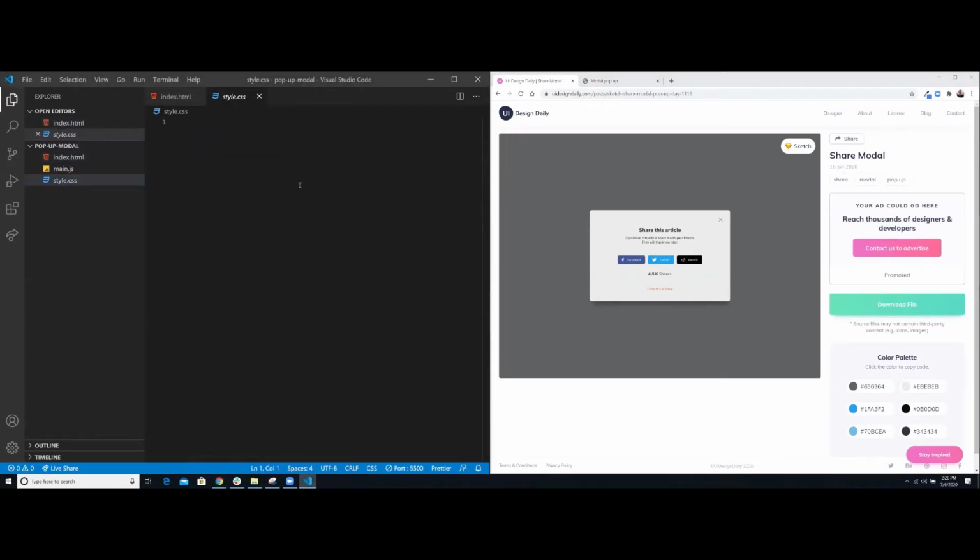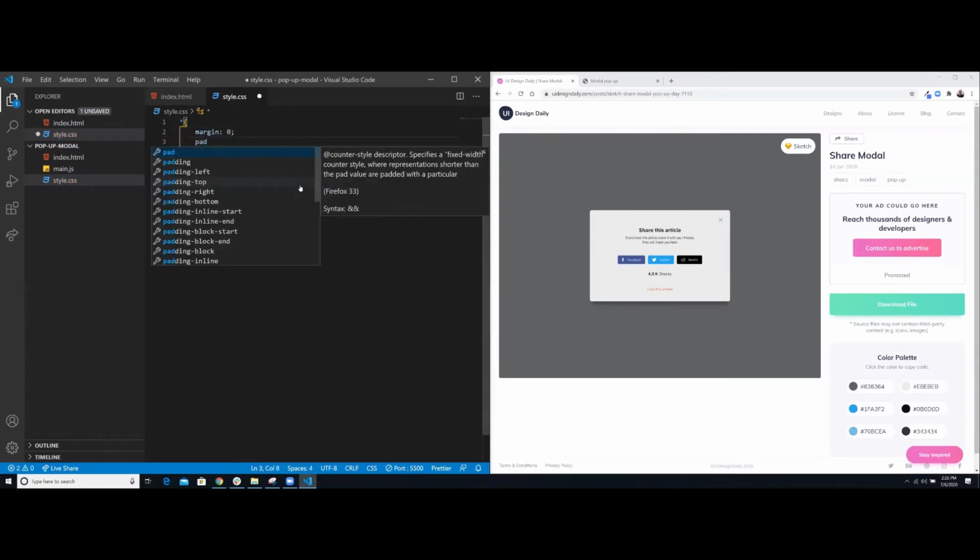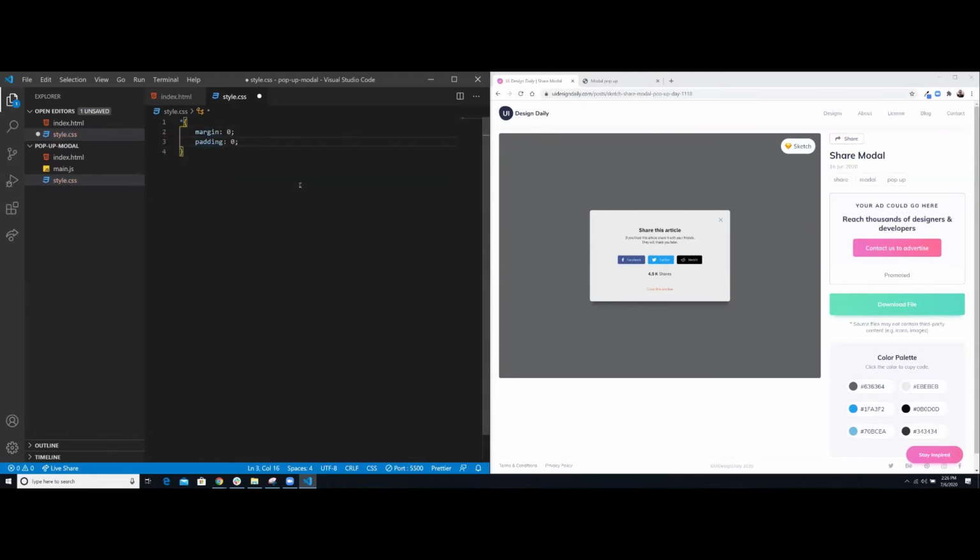However, in the beginning, I'm gonna select all the elements in my document, and I'm gonna do margin 0, padding 0 to reset any browser default. I'm also gonna do box-sizing border-box. Now for the body,